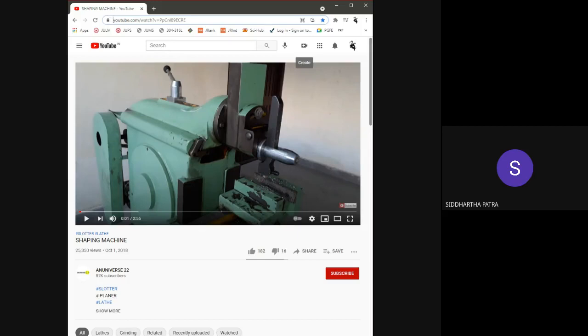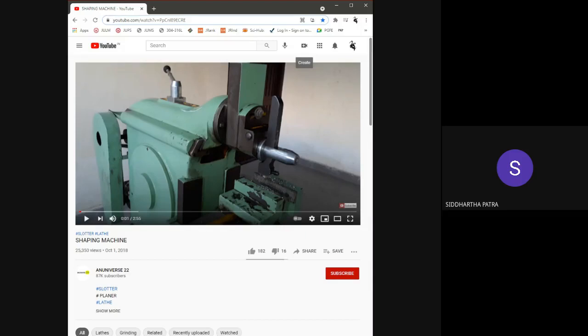So that sort of motion is applied to cutting. In shaping, the cutting motion is actually provided to that head, so it moves back and forth. So it essentially comes back to the same point. The feed is provided to the table that lies underneath. The job is placed below the head, and that table, where the job is being held, actually has your feed. So if you want to machine the entire top surface of a job, you change the location on the top surface by moving the job.